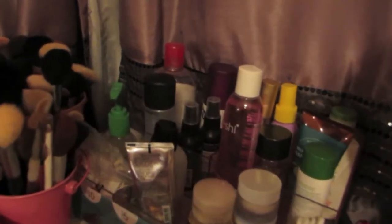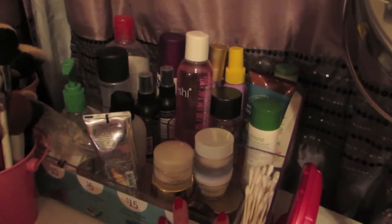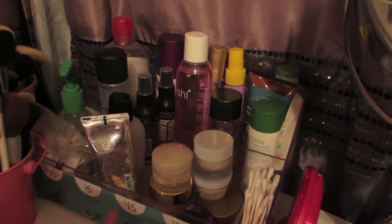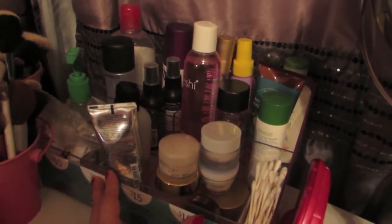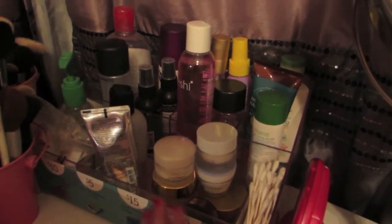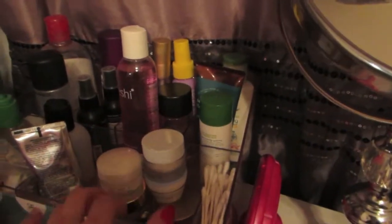This guy here is pretty much all of the bigger products that I use on an everyday basis. I got this, what you would call this, acrylic set from my old job from Walgreens. It was like an electronic gadget organizer, so don't mind that. But I love the compartments in it. I have all of my facial